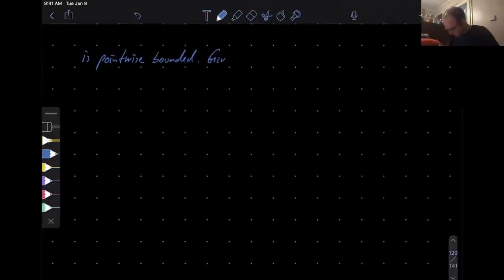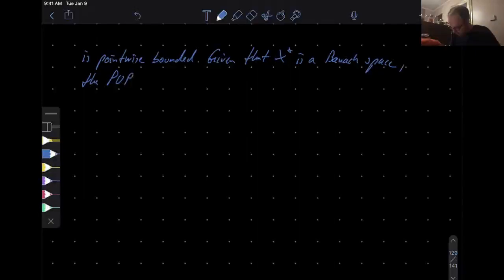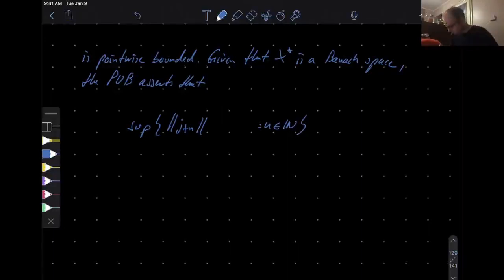Well, given that, that's what I just said, the dual space is complete, is a Banach space. This we proved in the very first week of this class. Given that X is a Banach space, I will just say PUB, principle of uniform boundedness, asserts that that family is uniformly bounded. So in other words, the supremum of Jxn, supremum taken over all members in the family, is finite. Yeah, but that's not where you use the isometry, right? This is precisely the norm of xn.